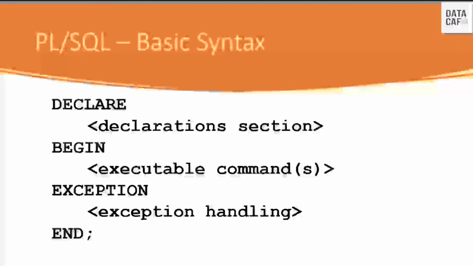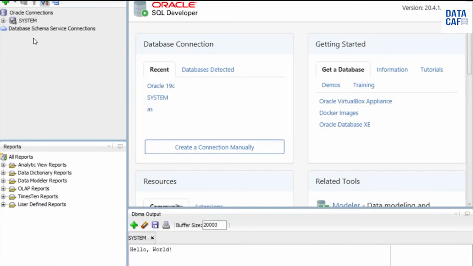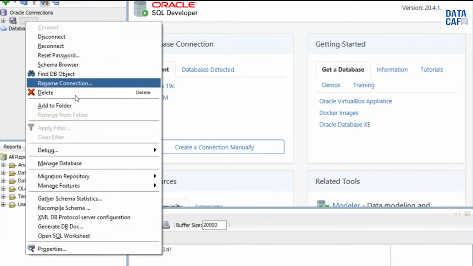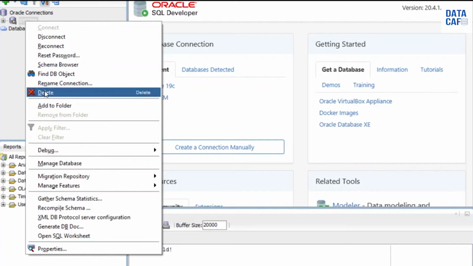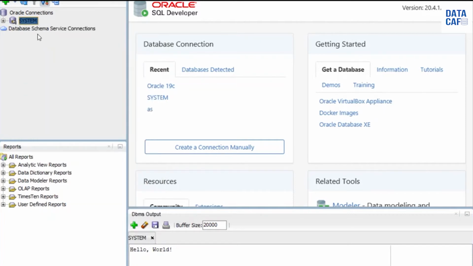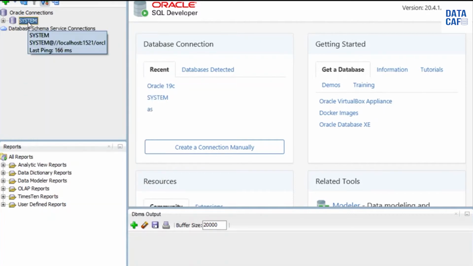Now we have already configured our SQL Developer, so we will connect to the Oracle database. For that you have to open your connection. It has already disconnected.